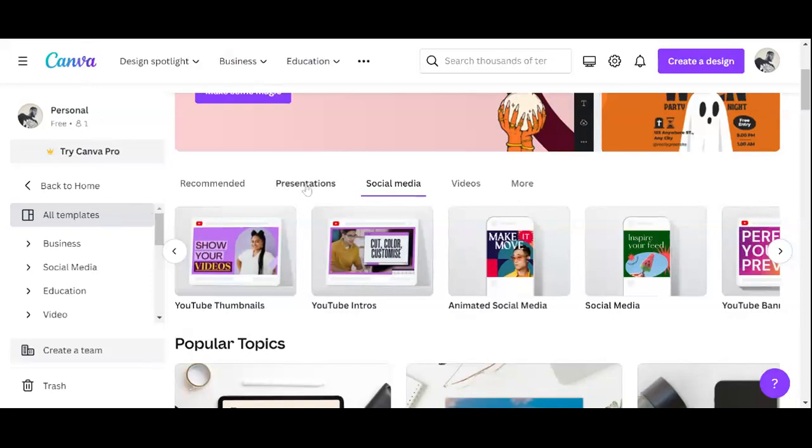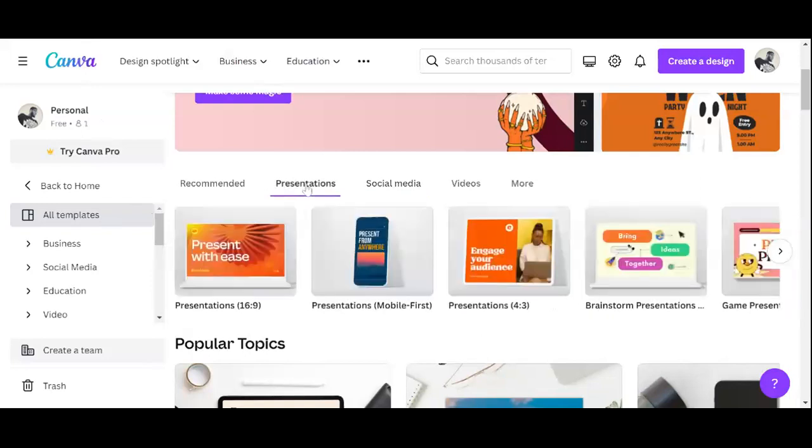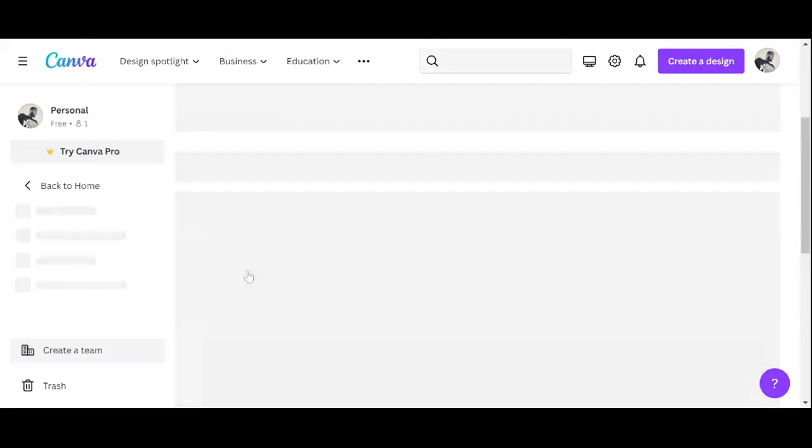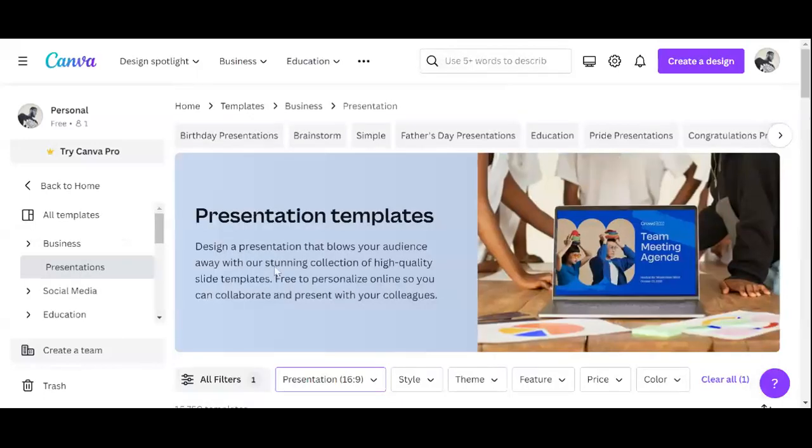Let's say before, we wanted to design something for our graphic design class. So we don't know the size. That is why we're in Canva. So we just came here, and our presentation is not on mobile. We're designing it on, we're using it on PowerPoint and PC. So when you click on presentation,